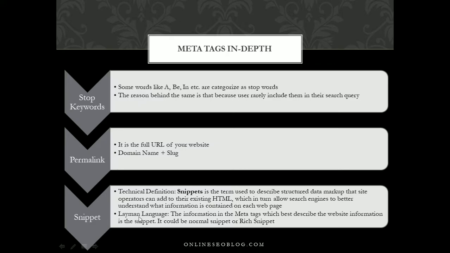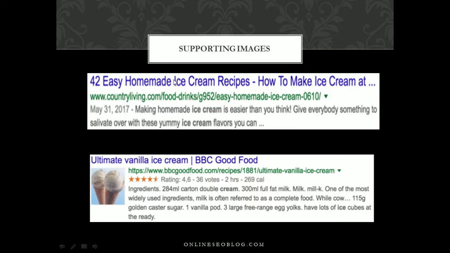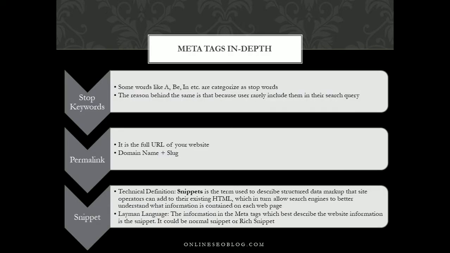Let us switch to layman language. The layman language says that the extra information that you give along with the meta tags is your snippet. For example, here is the normal information, and here we have the snippet, that is the rating along with the image. So these are the technical terms associated with meta tags, and then we have the information about what meta tag optimization is and how the process follows. First we have the keyword, then the short term and long tail form, combining them to get the meta tags. Once we have the meta tags, then we have the snippets as well, and then we read about the supporting terms like